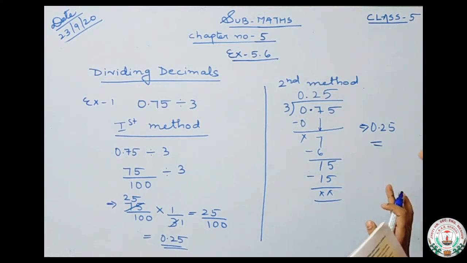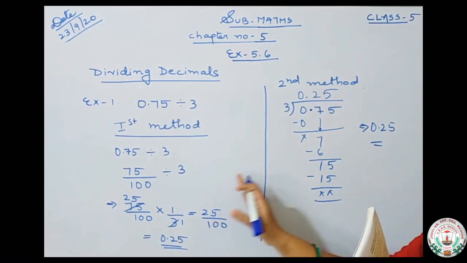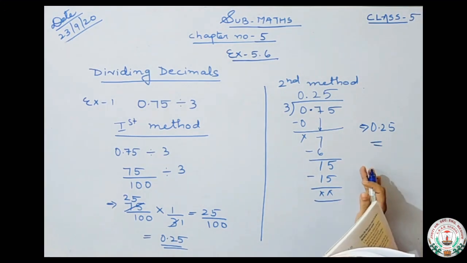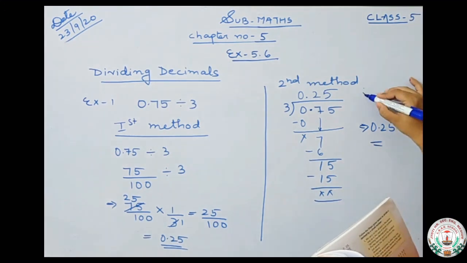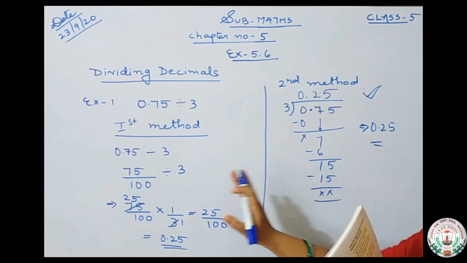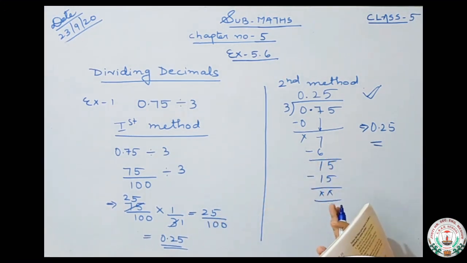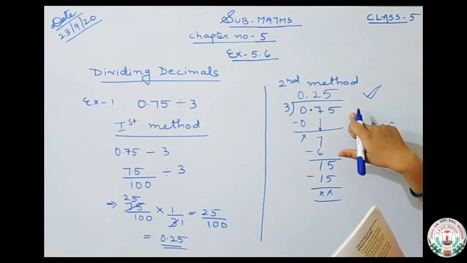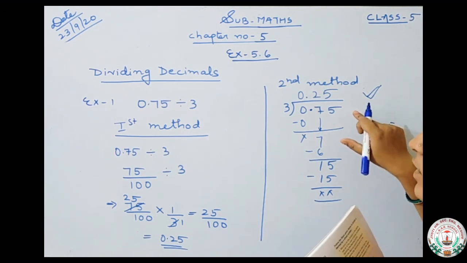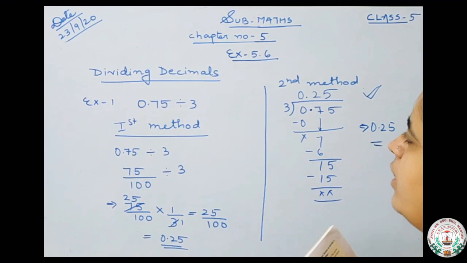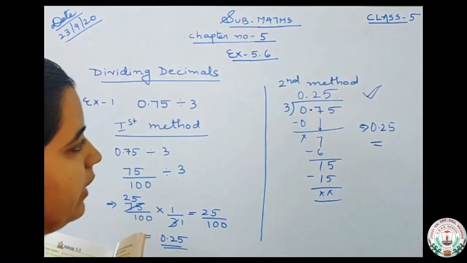But for larger numbers we can't use this method. We have to go by this method only. So we will solve by this method. I have made you understand both the methods. Whichever you want to solve, you can solve. But I prefer this kind of method because mistakes are not done in this method. Now let's start our exercise.